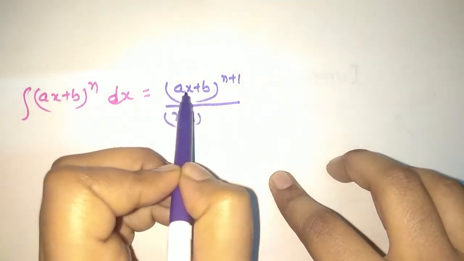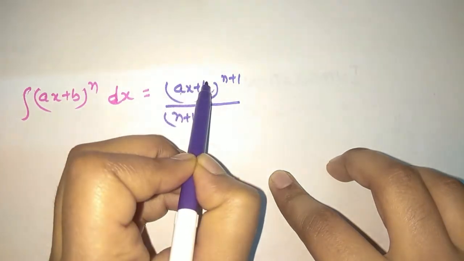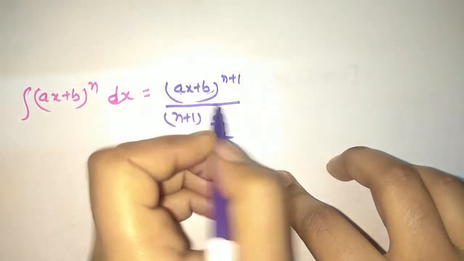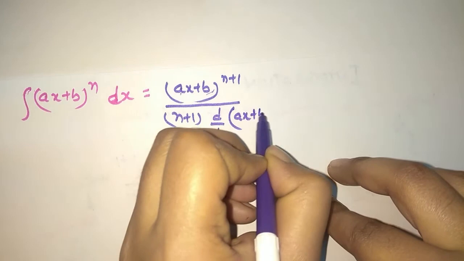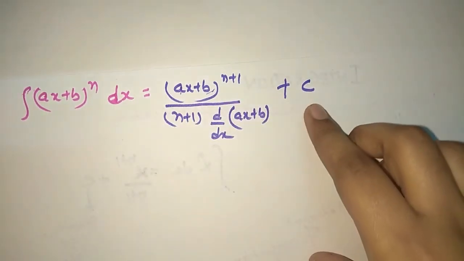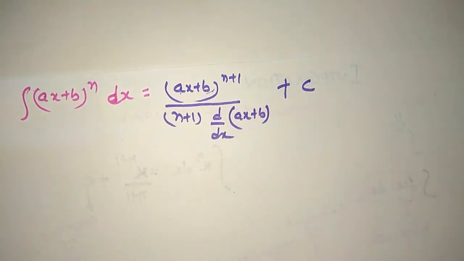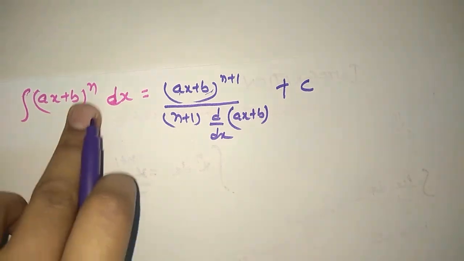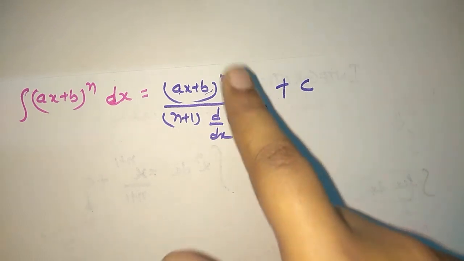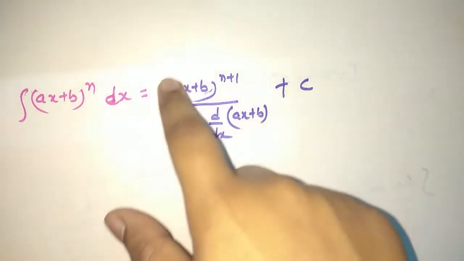Now we have to find the derivative of this and write it in the denominator, that is d/dx of (ax + b), plus c as the constant of integration. This is the whole procedure to find the integration of (ax + b)^n. First, increase the exponent by 1, then write this exponent in the denominator, and then find the derivative of the